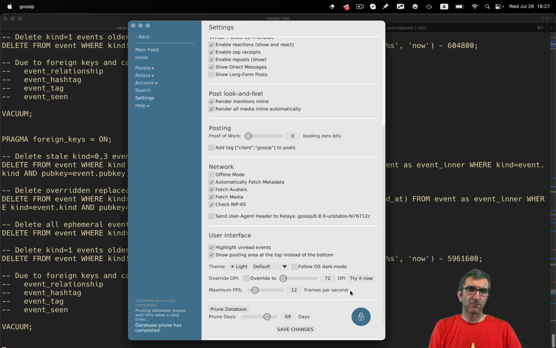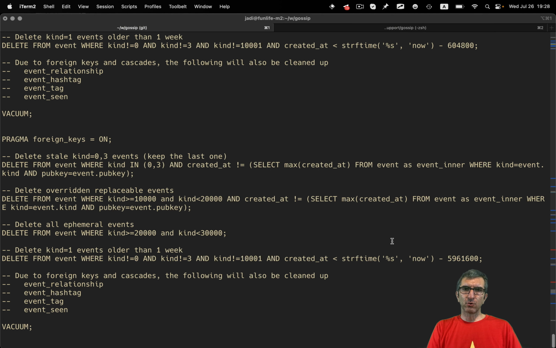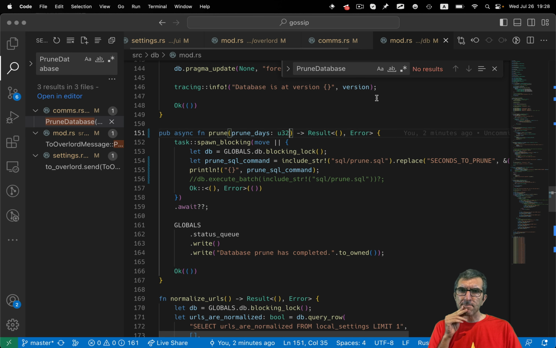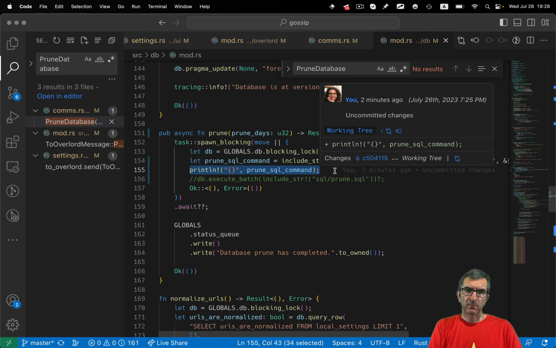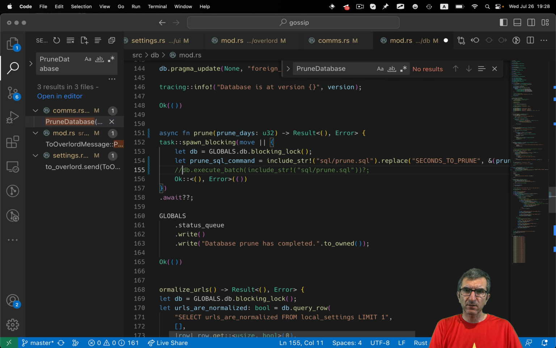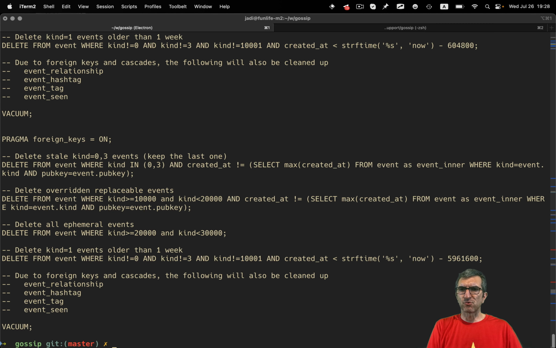Prune database. Cool. So it's working very, very nicely. I only need to, here, instead of print line, I can call this. Although I think this is a string and it will need borrowing, but let's try. We cannot be sure.